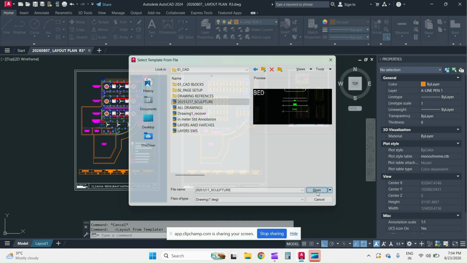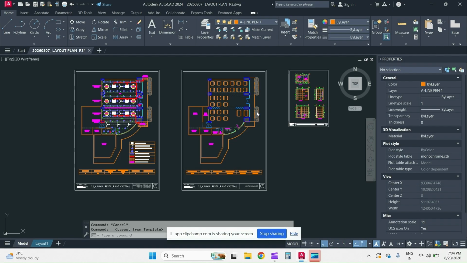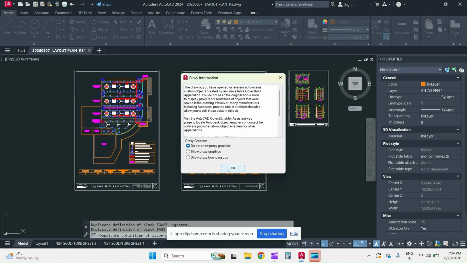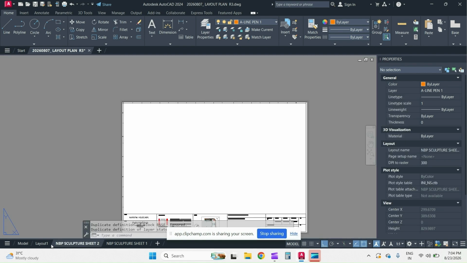and simply press Open, and then it will show you how many layout options there are in the selected AutoCAD file. After that, if you want the first layout to be there, or the second layout to be there, or you want both the layouts to be there, you simply select that and press OK. You wait a few seconds, and right over here, okay, press OK, and both the layouts will be simply